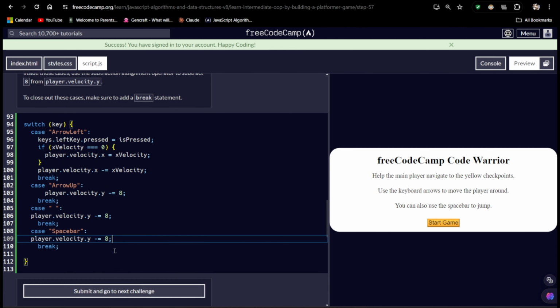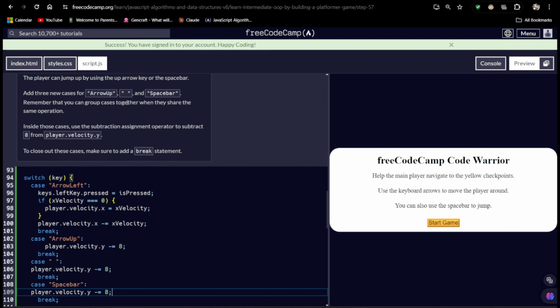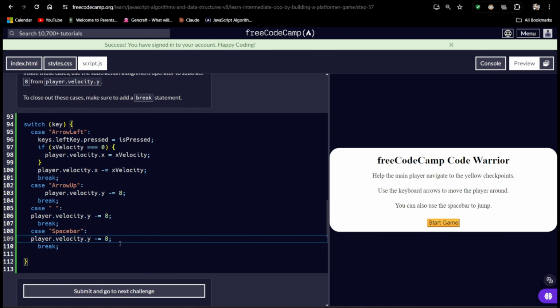And voila. So the reason why there is a string with a space in it, an empty string rather, and a space bar is actually for compatibility. Space bar and this one is actually the same. So if space bar is pressed, then the velocity y of the player would be subtracted by 8. So again,